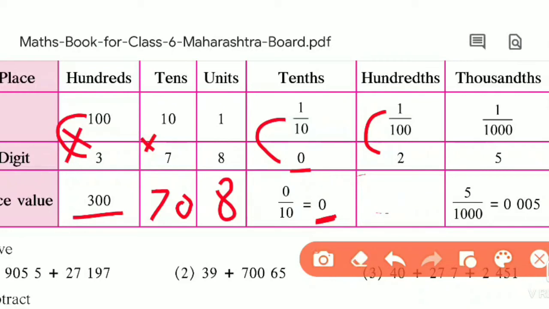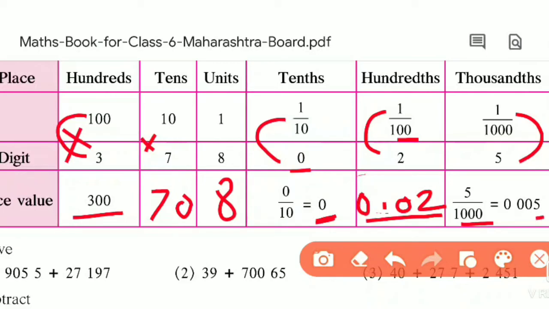So directly I will write the answer here. First write 2. On 100, 2 zeros are there, so only 1 digit is there. So you have to write your own 0 here and the point here: 0.02 is the multiplication in this way. Same way, 1 upon 1000 into 5 is equal to 5 upon 1000. How many zeros are there on 1? 3 zeros are there.